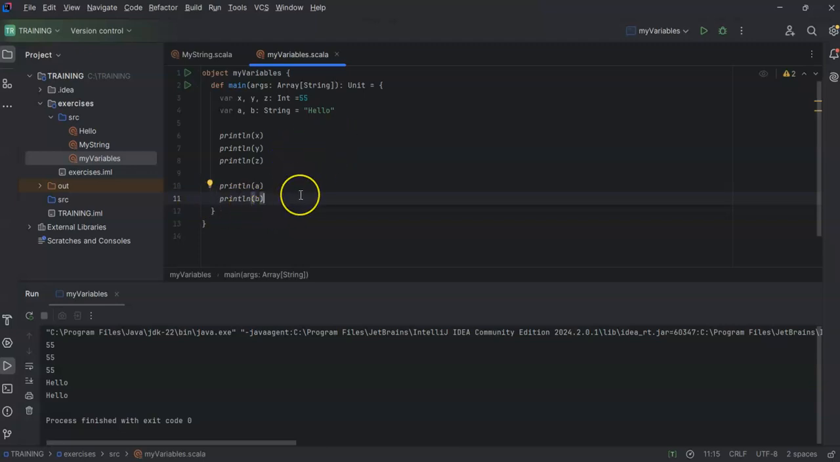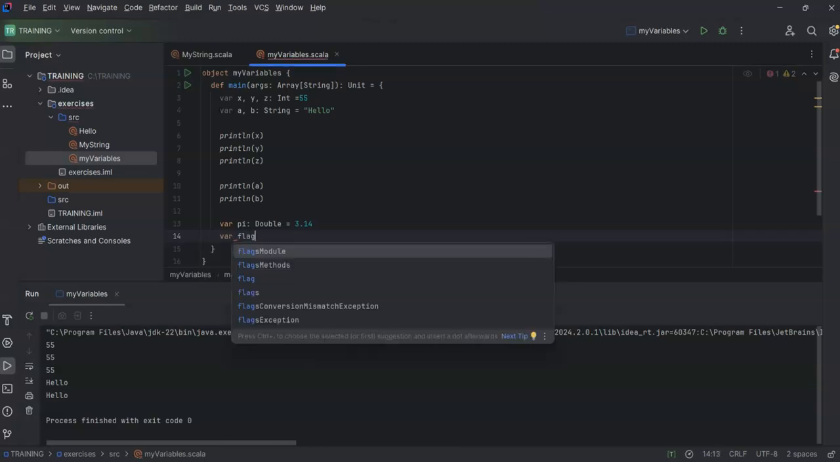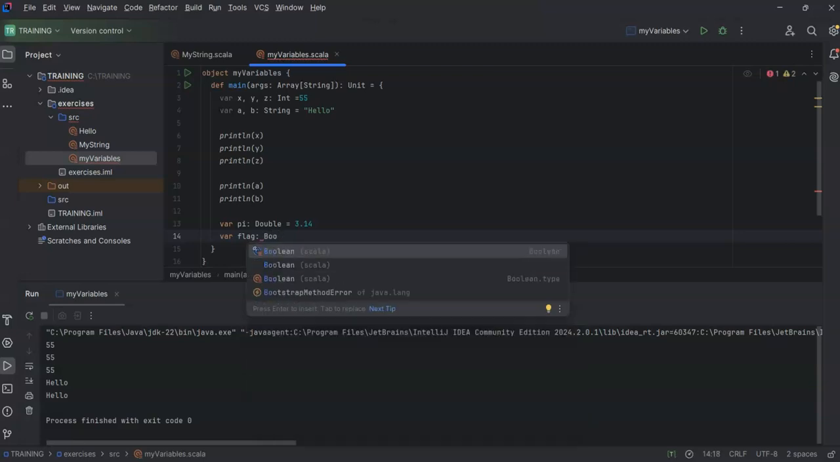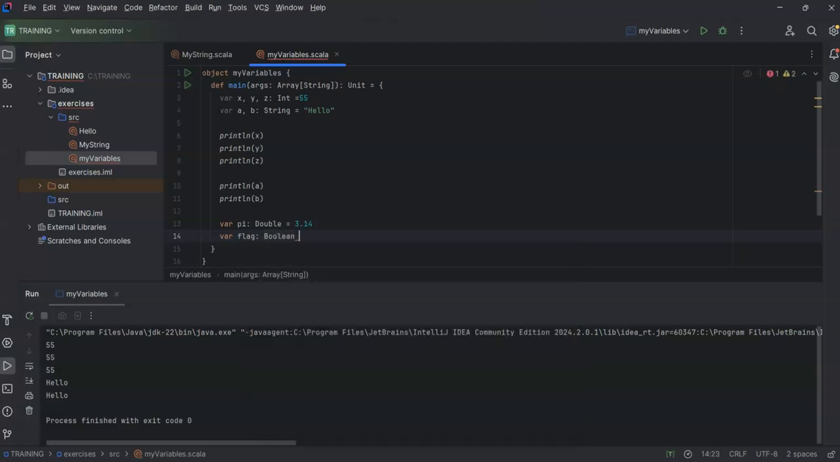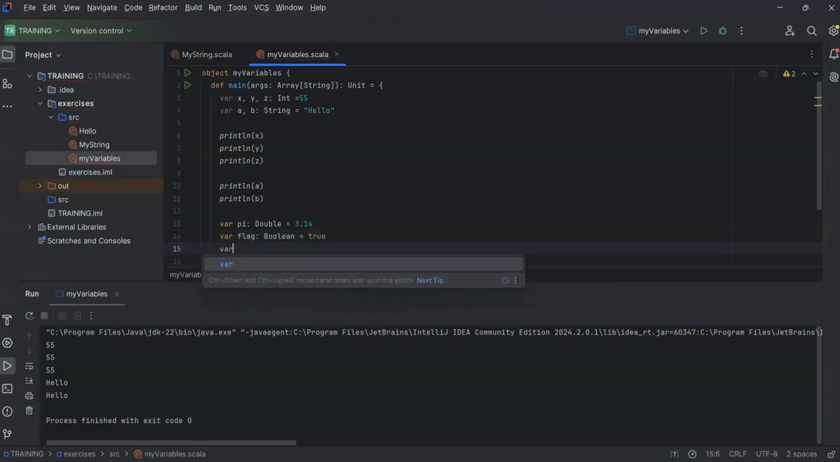So let's try the other one. We have var pi, say is double. Then we assign it to 3.14. Var flag as boolean, say equal to true. The true is supposed to be in small letters. Then var first